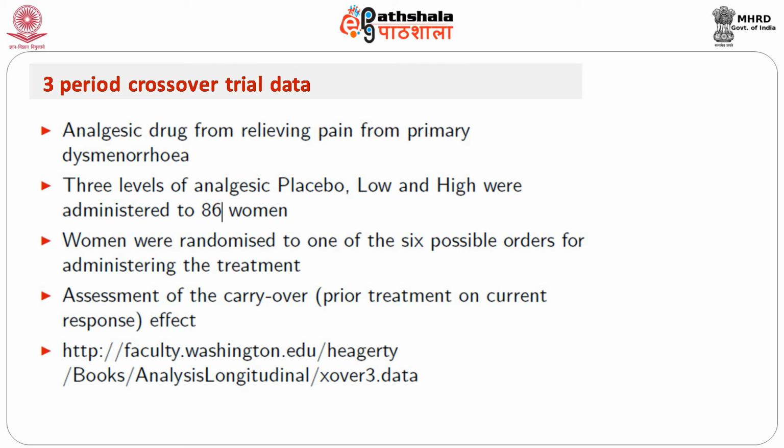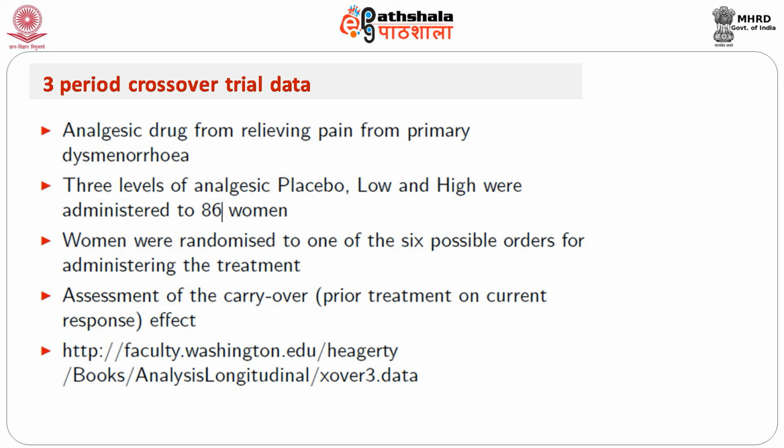Each individual would be getting all the 3 levels of the treatment in different sequences, like some of the individuals might be getting ABC, some of them might be getting BAC, some of them might be getting CAB. So, in general, if there are 3 treatments, there are 6 possible choices. For example, ABC, ACB, BAC, BCA, CAB and CBA. These are the 6 possible choices, and all of the patients would be allocated to any one of the choices.